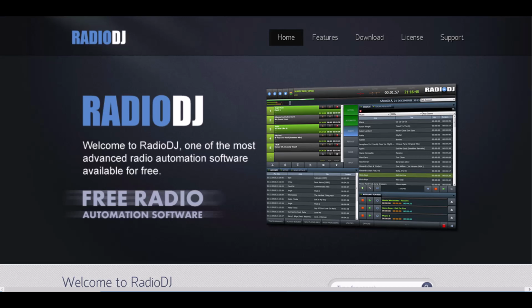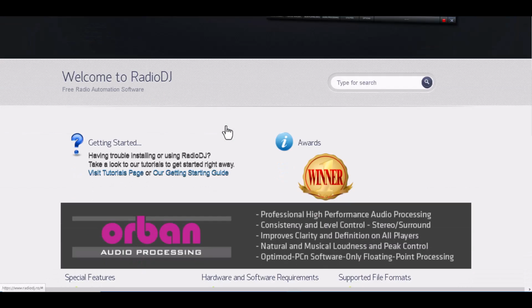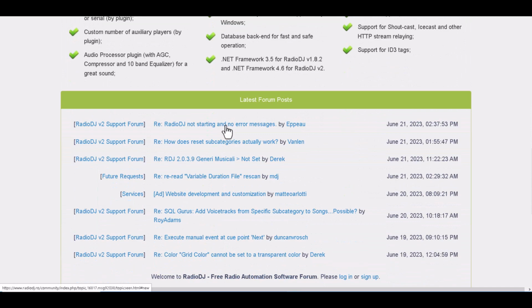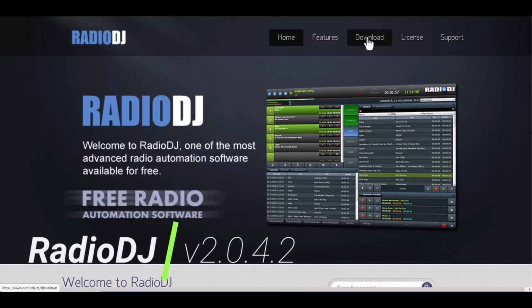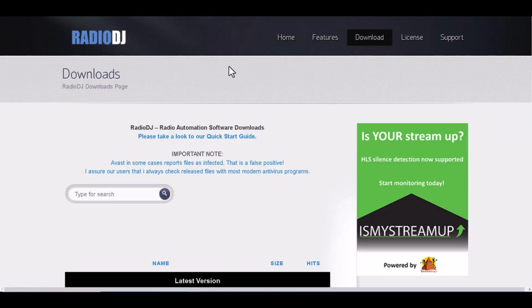Today we're going to be talking about the latest version of RadioDJ. I'm over here at RadioDJ.ro, and they do have a new version. It's called version 2.0.4.2, if I'm not mistaken. So